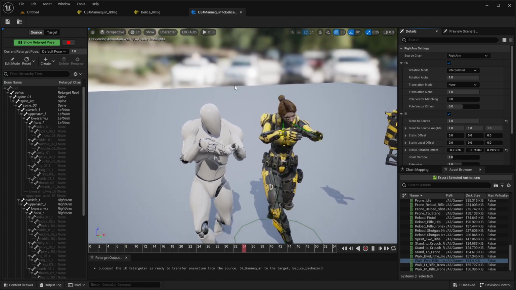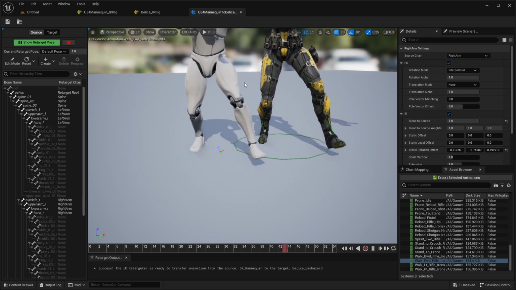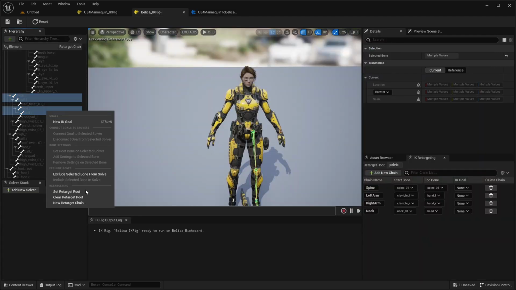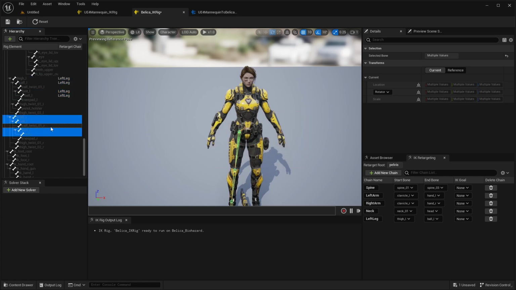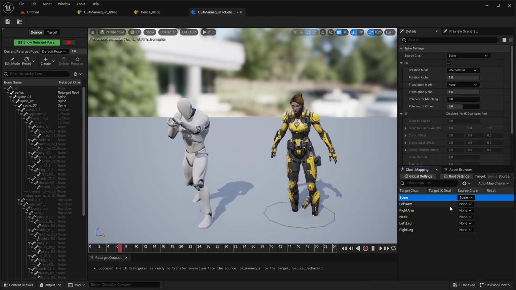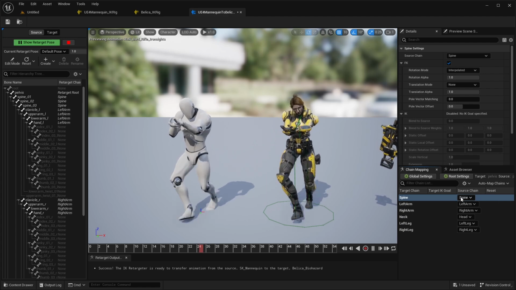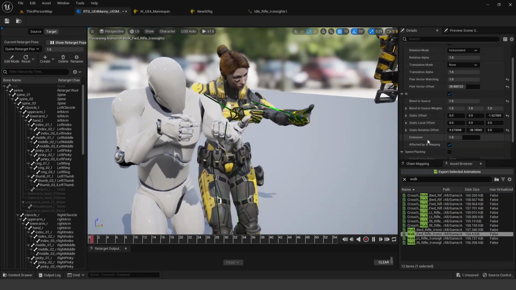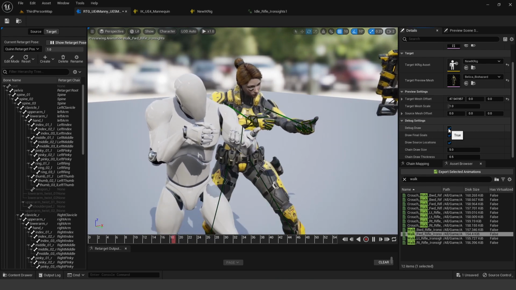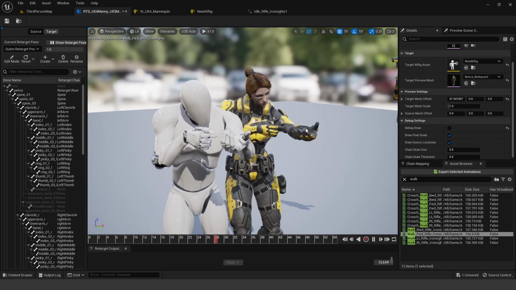What if I told you you could take animations from one character and use them for a completely different character? That is basically the process of retargeting. Retargeting animations allows for the reuse of animations on a completely different character model. That means that I can purchase a character on the marketplace if it's already rigged and it comes with no animations. I can go ahead and take another animation pack from the marketplace, say this motion capture animation pack, and